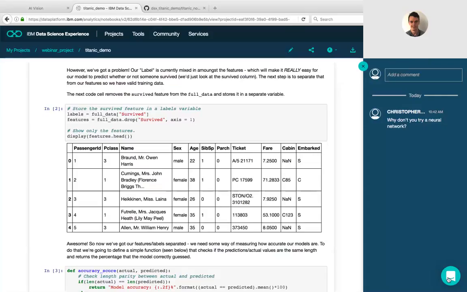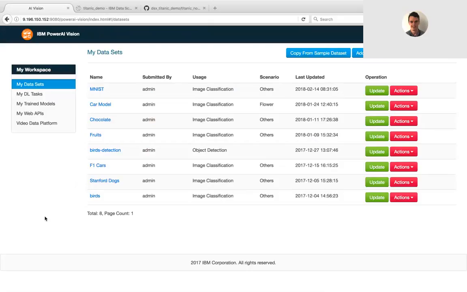There's another tool we've built, and this is called AI Vision. So this is my AI Vision instance. And AI Vision thinks about things a bit differently. AI Vision kind of flips the paradigm on its head. So instead of creating a platform for data scientists, what AI Vision does is create a data science platform for subject matter experts, right? And that makes a lot of sense,